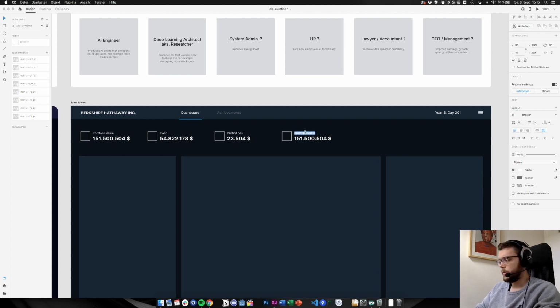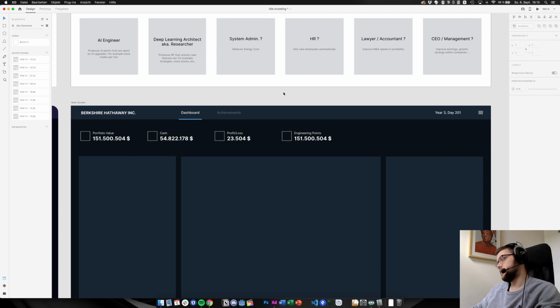How do I call them right now? Let me call them engineering points, right? Do I really call them engineering points? Does that sound good? That's kind of like a random currency. This is something my employees who are engineers are producing. So engineering points, they aren't producing points. They are producing assets, or maybe